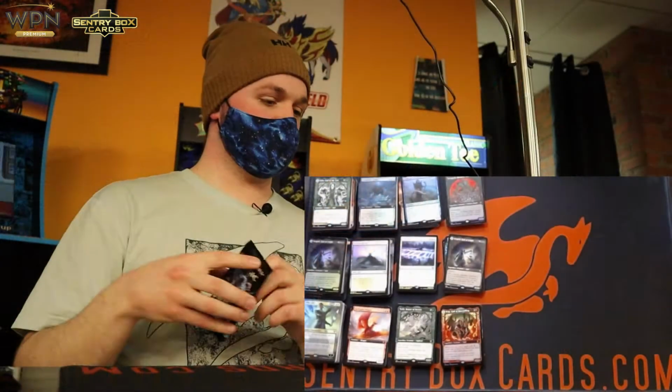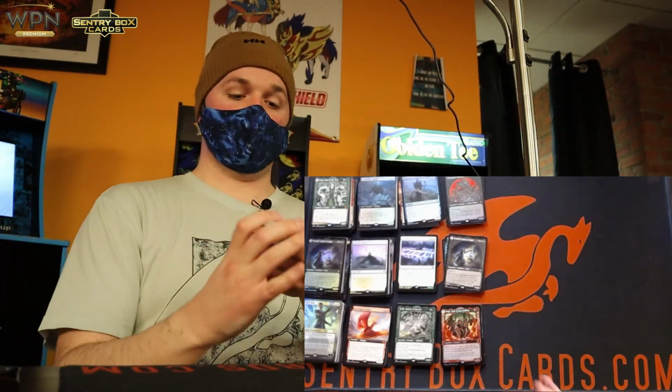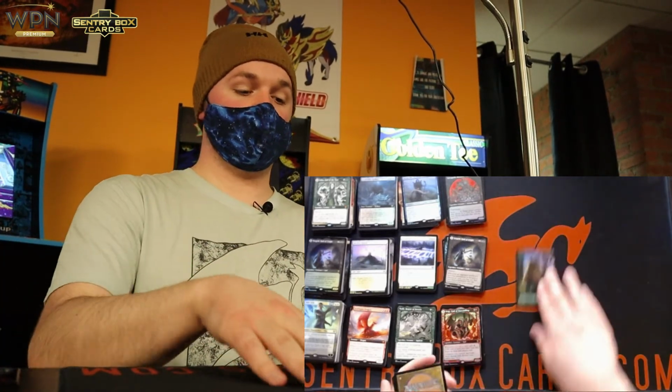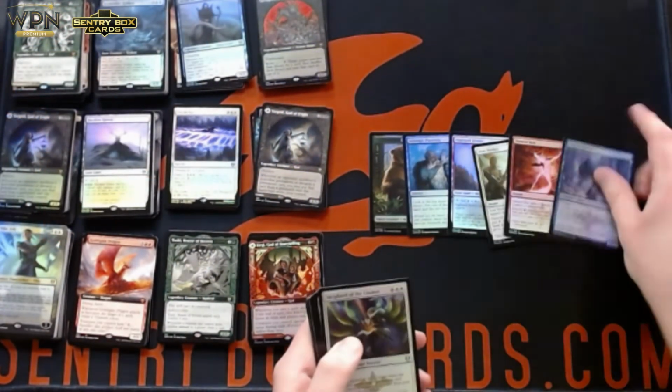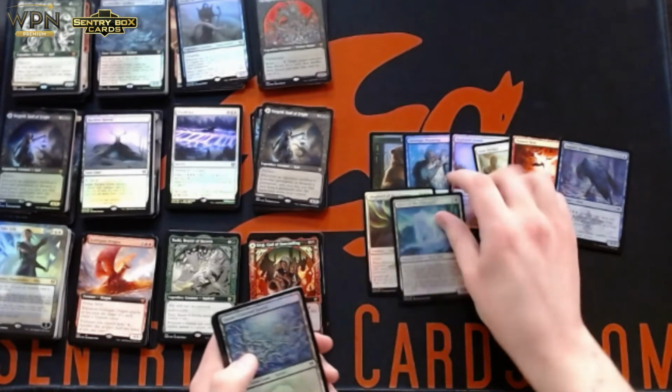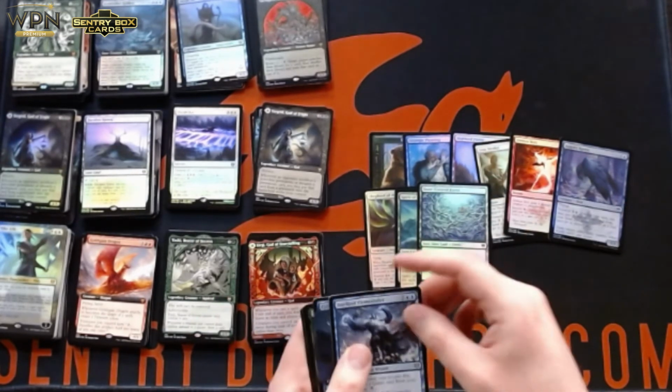Yeah, this is pack 6 of box 2. Treasure. Bear. That's our first bear. Strategic Planning, Highland Forest, Iron Verdict, Demon Bolt, Augury Raven, Shepherd of the Cosmos, Spirit of the Alderguard, Snow-Covered Forest,